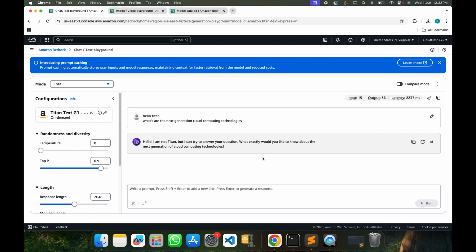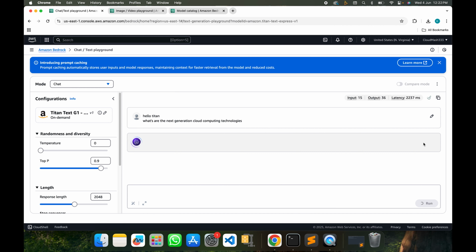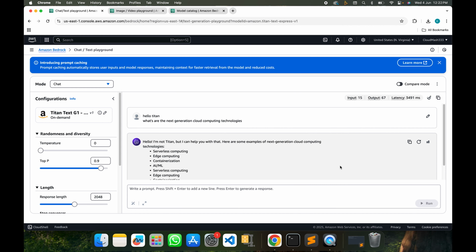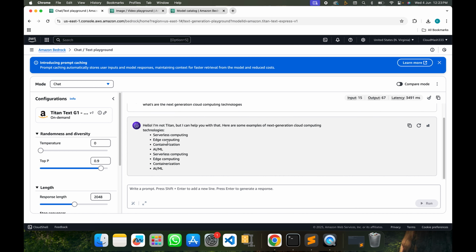Okay, we are waiting. This particular model is not that good. You can use Claude Sonnet for that. Although it has given us the particular technologies, but